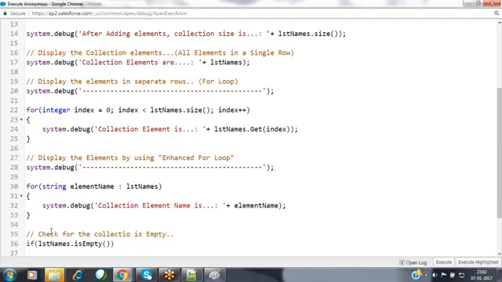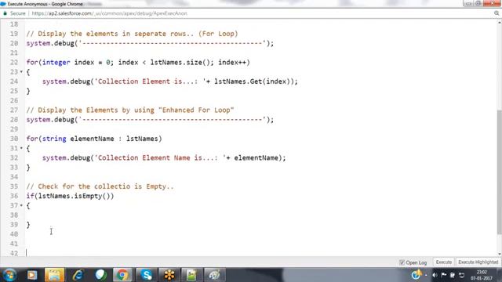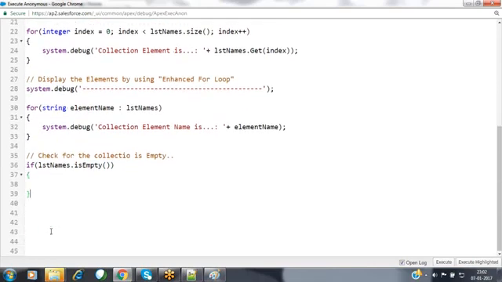If the collection is empty, then it will return true, or else it will return false. Now, if the isEmpty method returns true, then it will enter into that immediate block. What happened, the collection is empty here. So I want to show the message, collection is empty, no elements found.